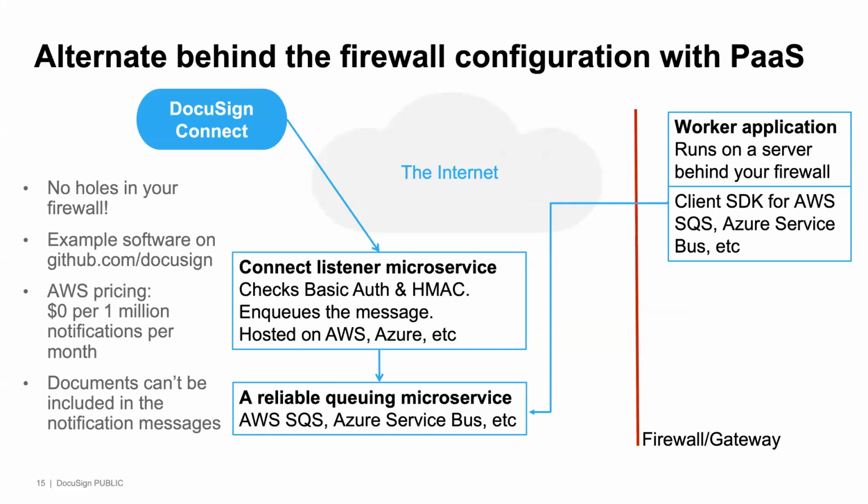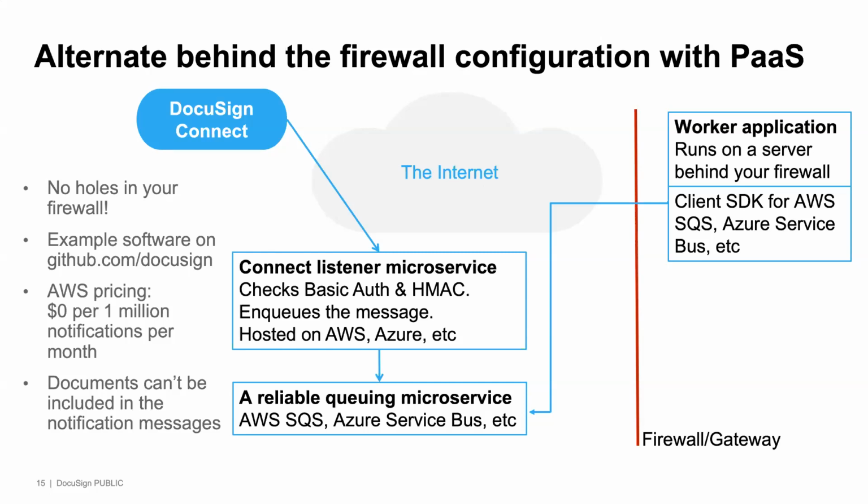you understand the issue of having your DocuSign webhook notification listener that's going to receive the messages behind the firewall, in the sense that you need to make what's sometimes called a pinhole in your firewall, or you can use a special technique called DMZ, demilitarized zone. All these things are complicated and tend to get the security people very excited. So we've come up with an alternative where you don't need to do any of that. And here's how the alternative works.